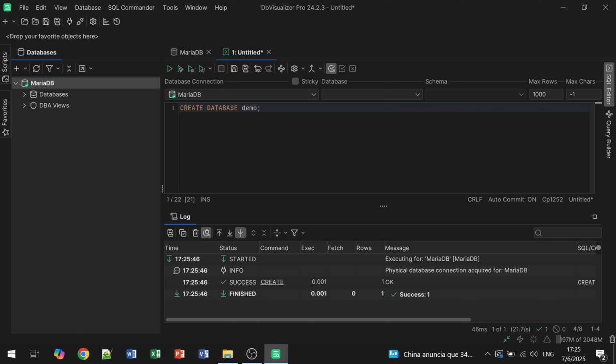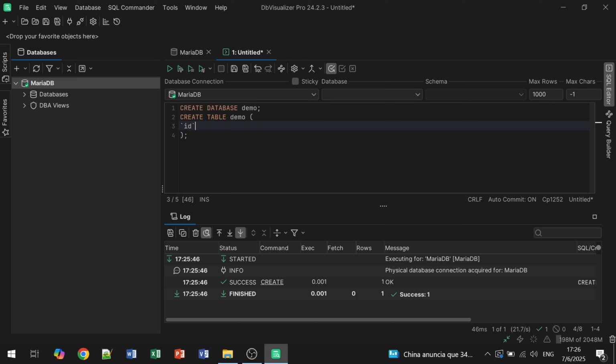Now, once we have a database, we need to have tables inside of the database. We create tables inside of MySQL by using a CREATE TABLE query. So that's CREATE TABLE demo. After we issue this query, we need to create the structure of our table. So what we'll do now is we'll decide on a structure of our table. That means we will have columns inside of the table, and those columns will have definitions. So one column will be, for example, ID,